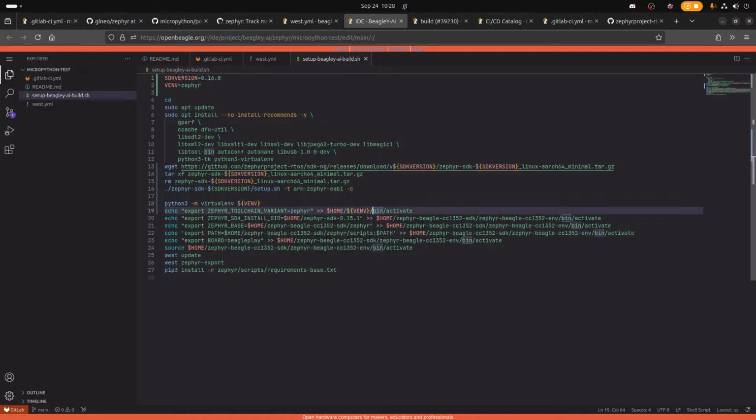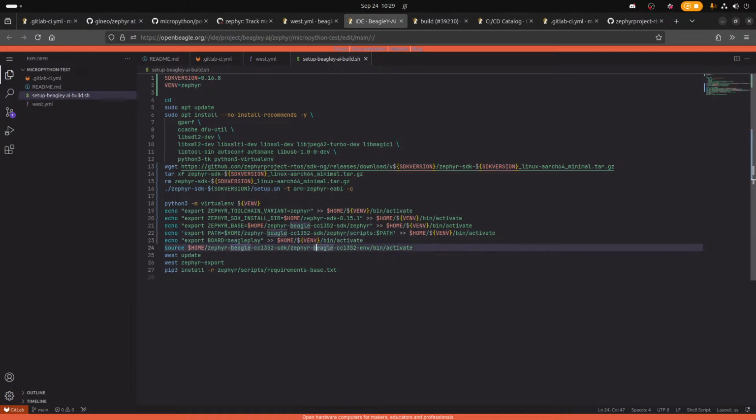So it goes into virtual environment bin activate, right? I don't know why there are multiple levels in this other example. Don't we want to create a directory for the Zephyr workspace and create the virtual environment inside it?